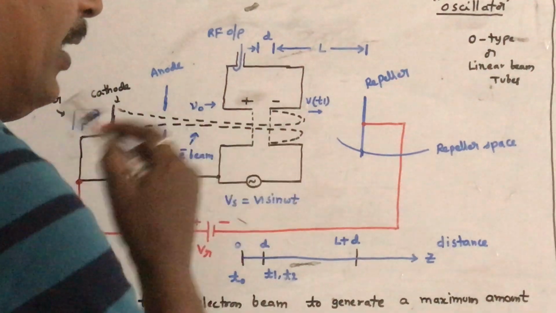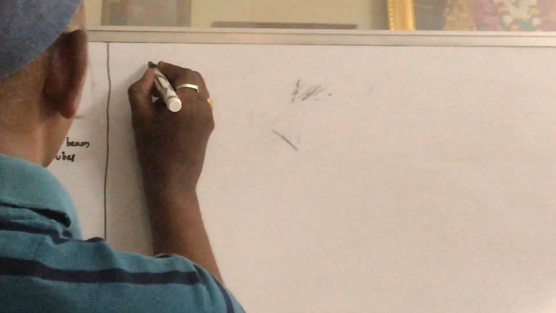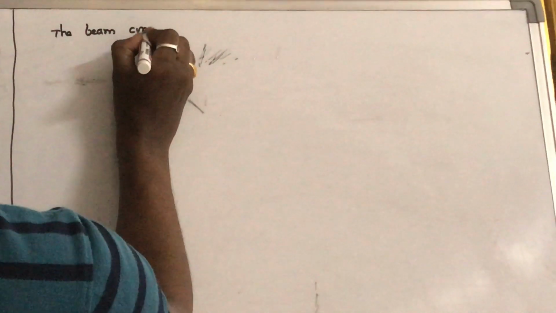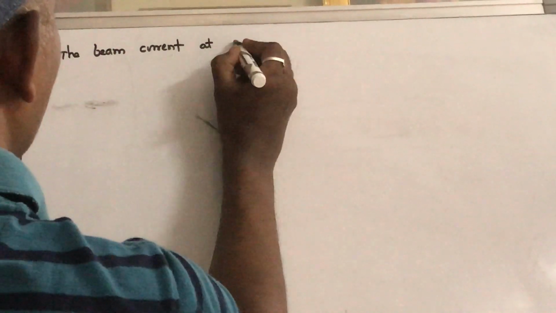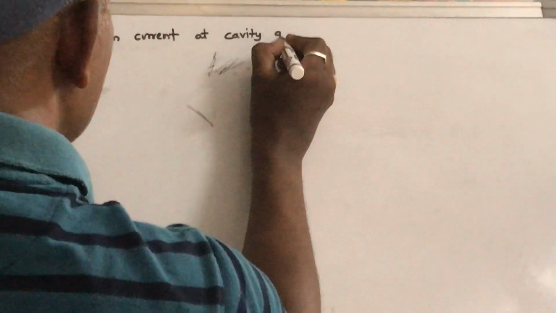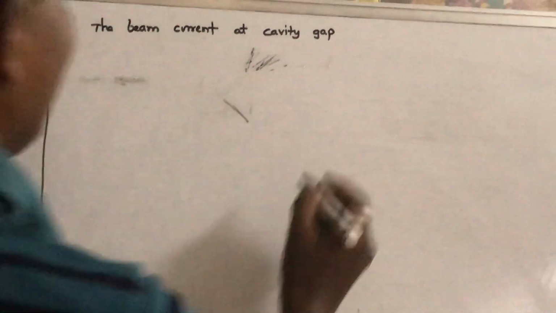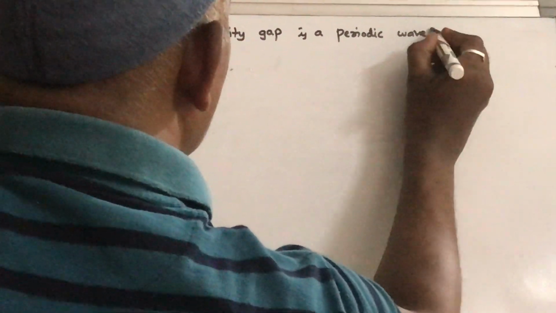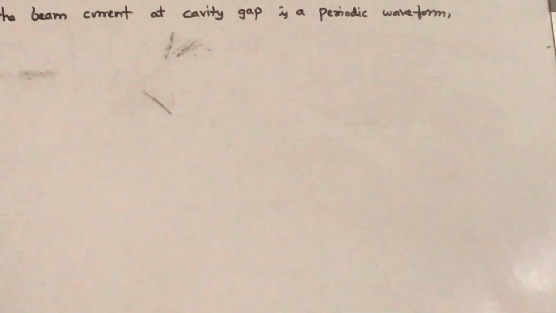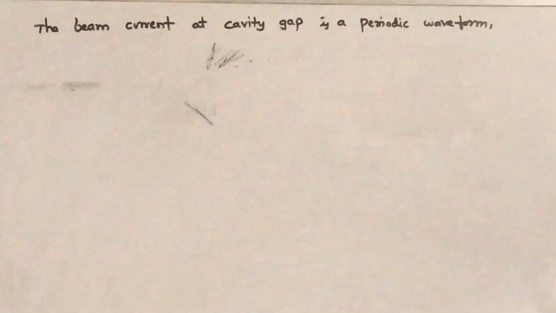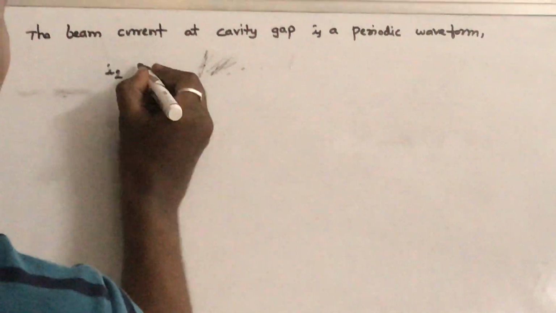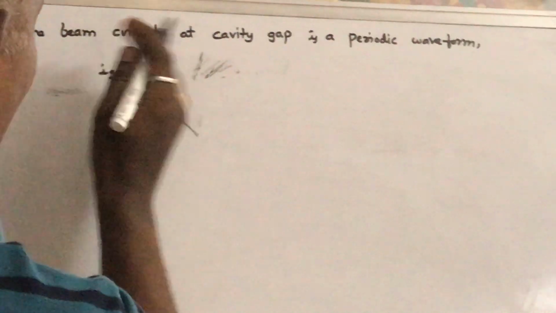Therefore the electron beam current at the cavity gap, since it consists of only one cavity, is a periodic waveform similar to the two cavity Klystron, which can be analyzed with a trigonometric Fourier series. So already we have derived the formula. Therefore I2, the current at the cavity gap, in fact,